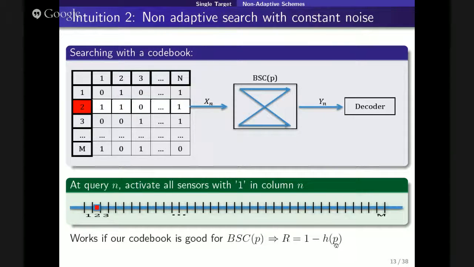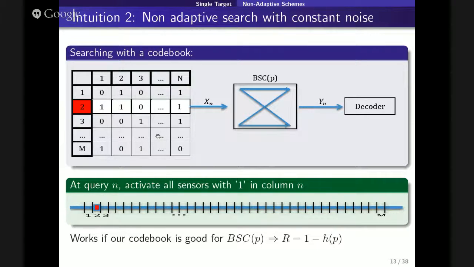This is the intuition behind the Burnashev and Zigangirov result, who use adaptive search. We don't prove anything here, but it's clear from this slide that you can get the same rate as they did with non-adaptive search. But this is measurement independent noise, because p here is just fixed. In our problem, by the way, in the previous examples, you want about half of the column to be ones and half to be zeros. I mean, the random coding prior to get this codebook is half.